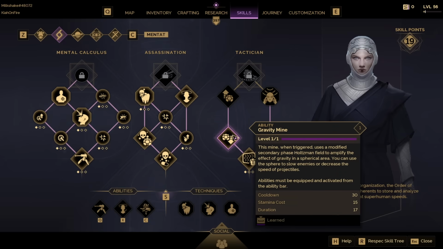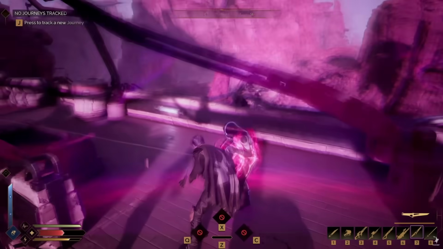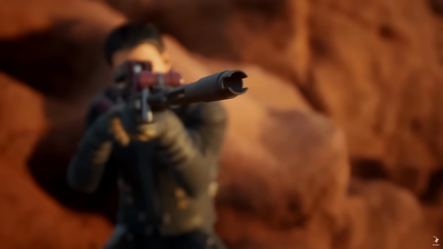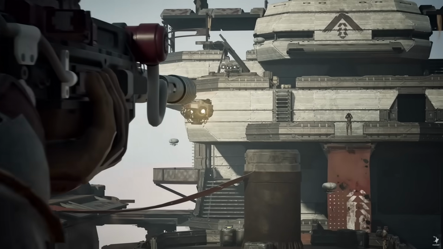Gravity Mine slows down enemies within the bubble and decreases the speed of projectiles. Anti-Gravity Mine is a bubble that prevents fall damage and lifts enemies. Think of it like a Minecraft water bucket. Source of Power is a support-like ability that allows you to put down a power generator that regenerates power for